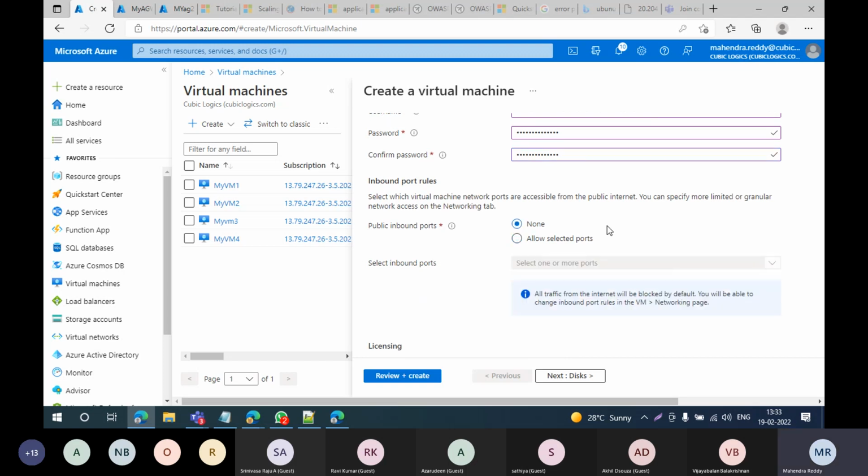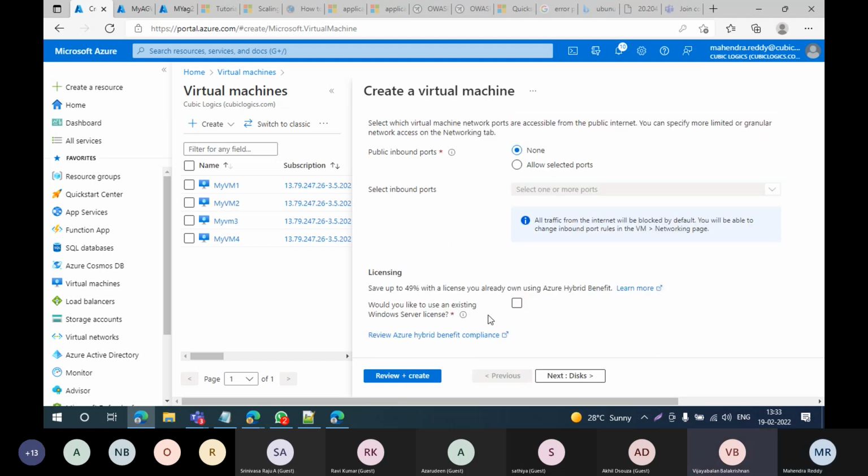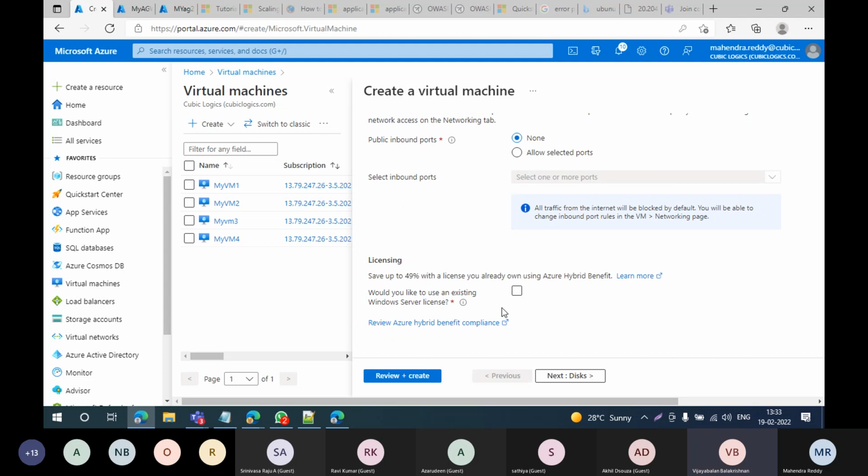And we are not giving any public IP because these web servers are not facing any public interface. You need to keep them inside.